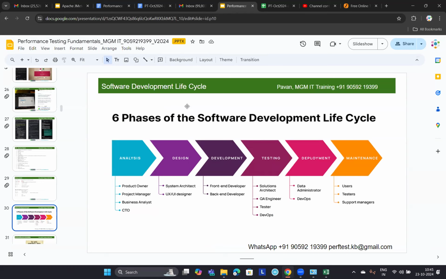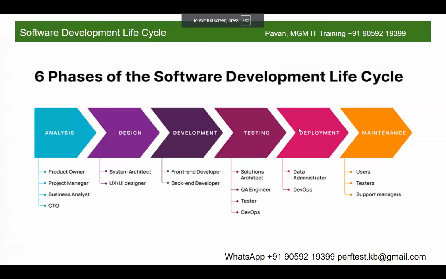Now below that, there are a lot of terms or terminology: product owner, project manager, business analyst, CTO, etc. I'll explain those with some examples. So suppose